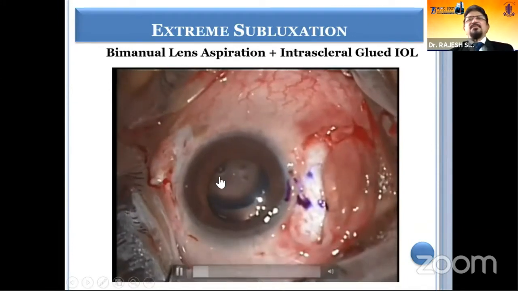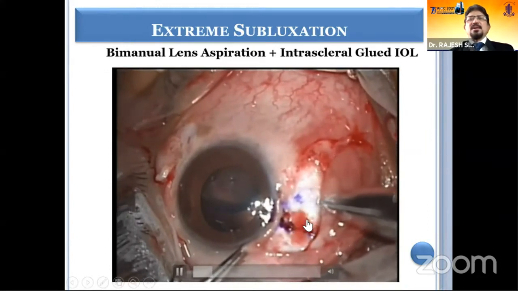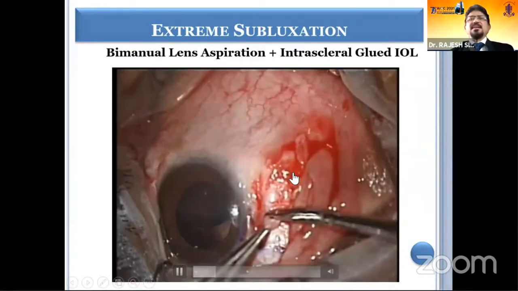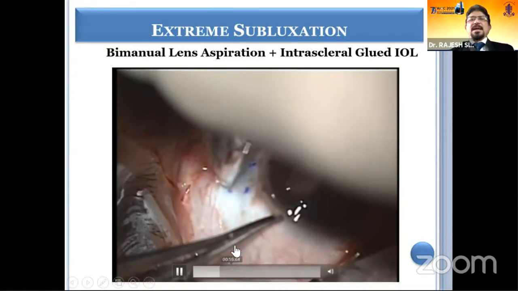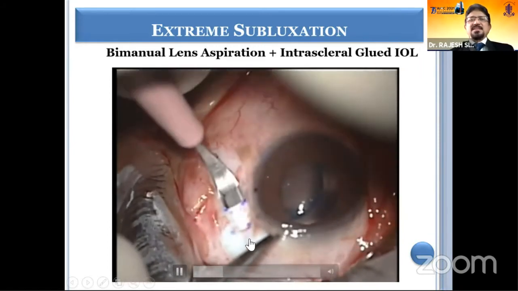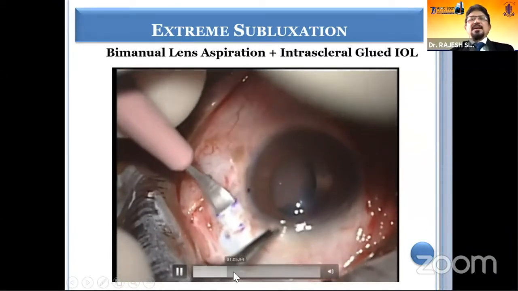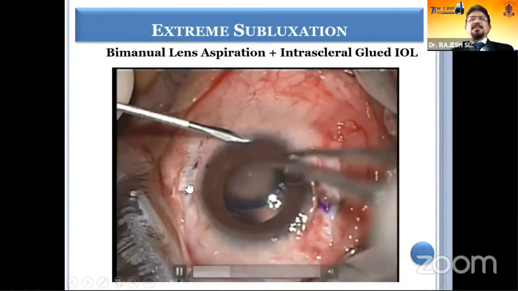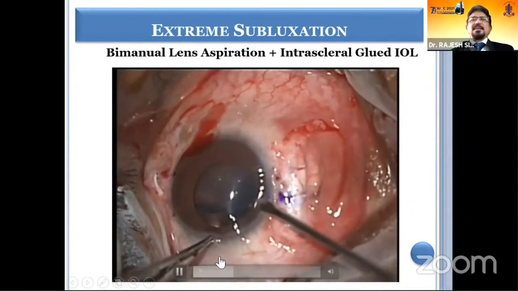The sclera is marked at 1.5 and 3 millimeter positions. And then I make 2 radial incisions between the 1.5 and 3 millimeter positions, do a lamellar dissection, create a flap, and also a groove adjacent to the flap. So this is how we create the flap, and the lamellar dissection goes beyond the second incision, and then you create a groove adjacent to the flap. So the advantage is that